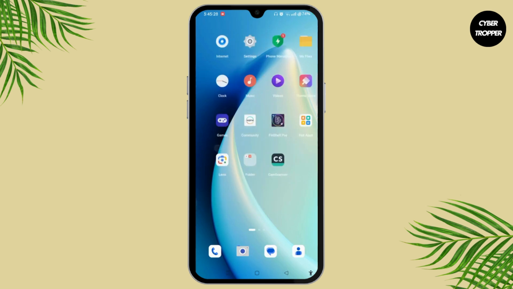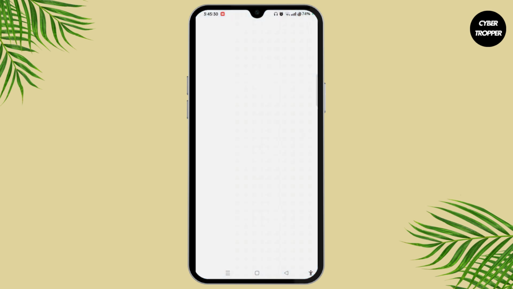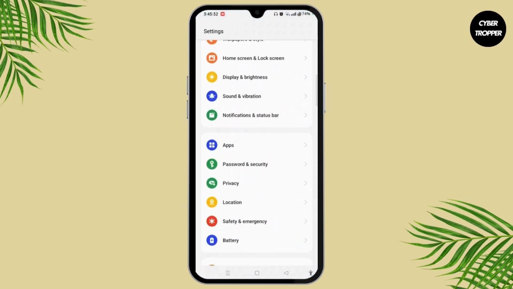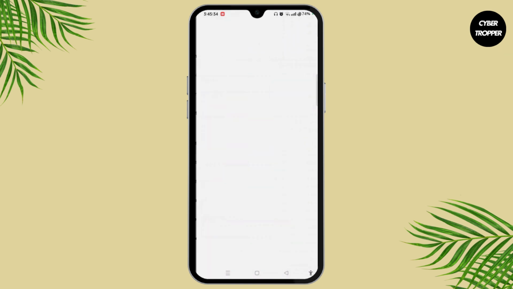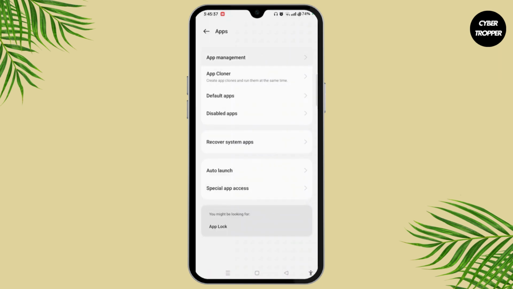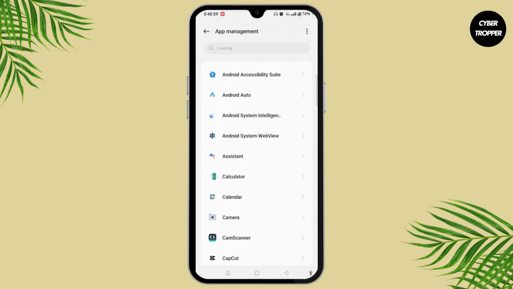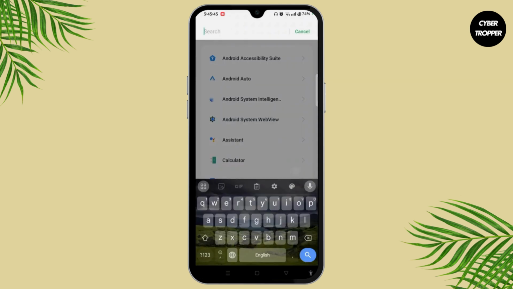If your app is updated and you still haven't got Meta AI on Instagram, then exit from the store and go to the settings on your device. On an Android device, you need to locate Apps and open the app management section on the app settings page. Now, when you open it, select the search bar at the top of the screen again and search for the Instagram